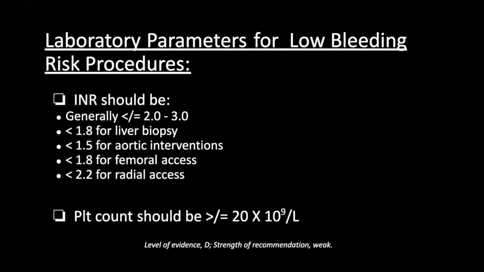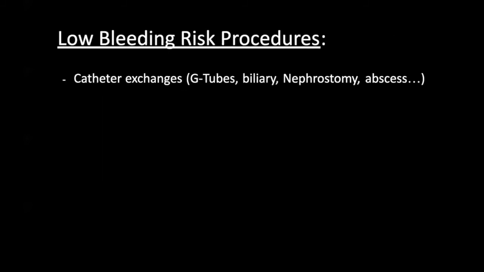And so these are the key lab parameters for reference, and mainly we shall see that we're going to be talking about INR and platelets, and for some conditions you may add one or two other lab tests. And for patients who have low bleeding risk procedures, you consider your INR to be in the range of at least less than or equal to 2. Some of them you may accept going above 2. So this is how it's put. And for platelets, you can go as low as 20,000, but not below 20,000, when you're going to do a low bleeding risk procedure.